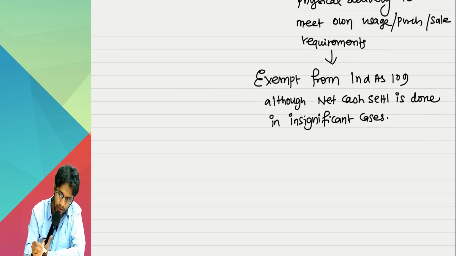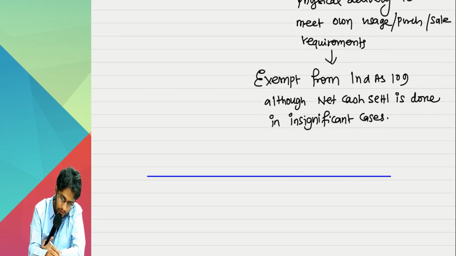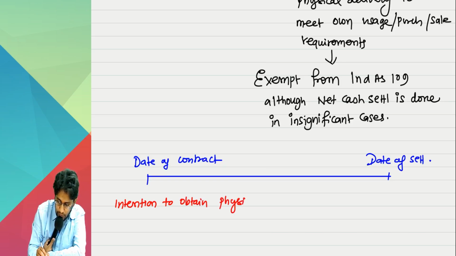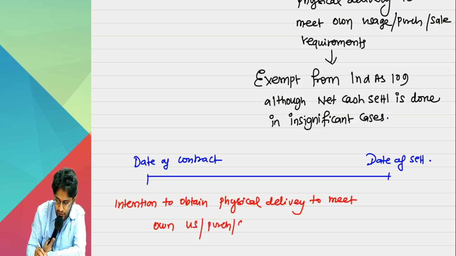Anyway, last point. Sir, this is the date of contract. This is the date of settlement. The intention to obtain physical delivery to meet own usage, purchase or sale requirements